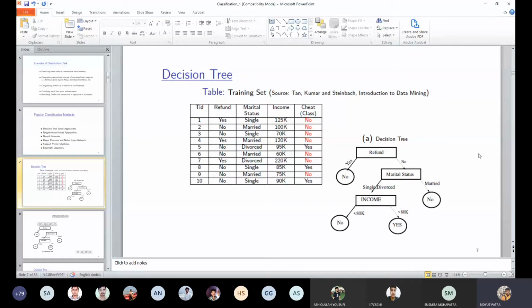There are 10 rows and each row represents an object, the description of a person who has taken a loan, and likewise the descriptions of the other 9 people. Finally, we have the information on whether that person refunded the loan, so that we can classify whether this person is a cheat or not. So in this training data set we have the objects and their predefined categories.